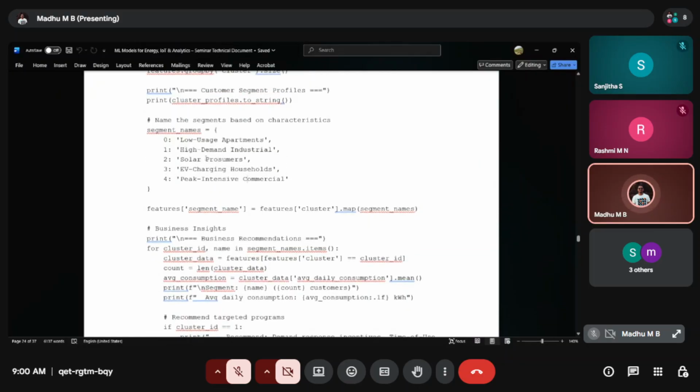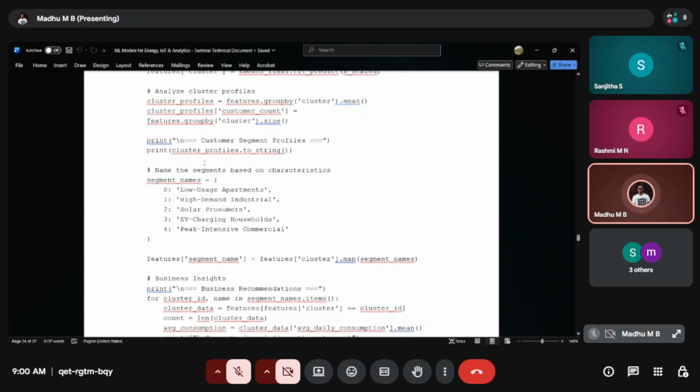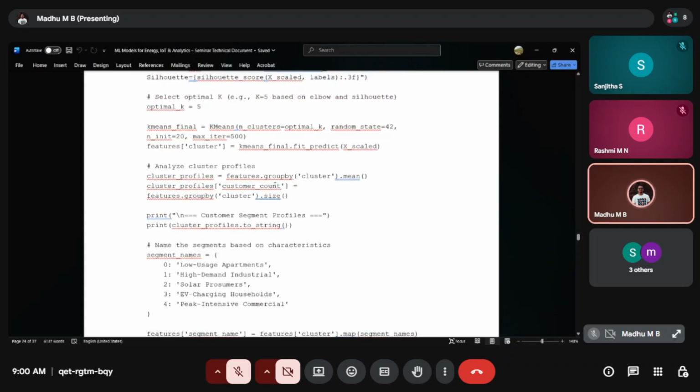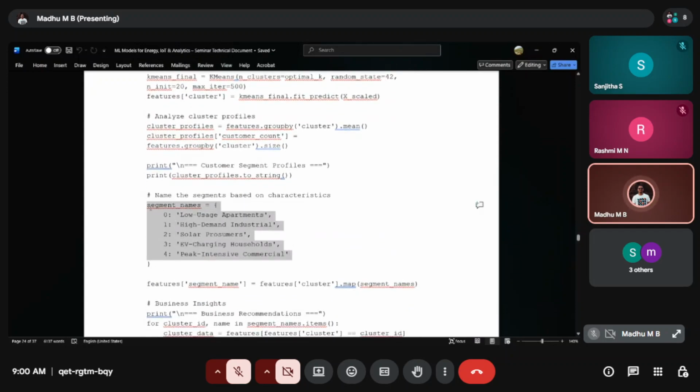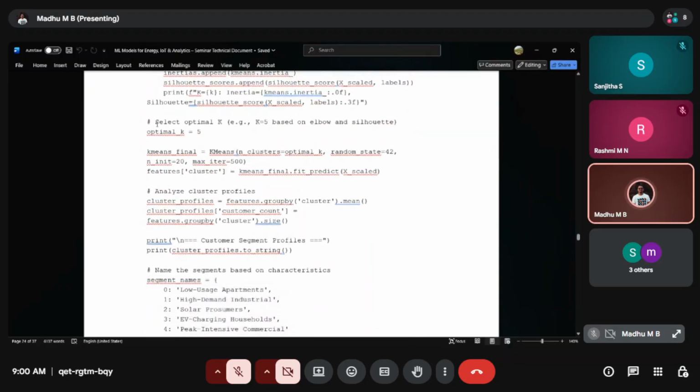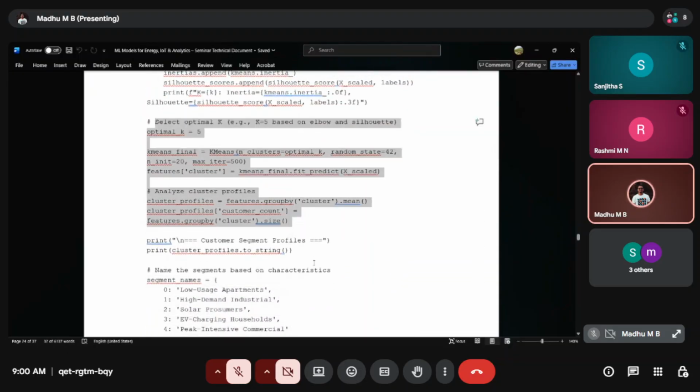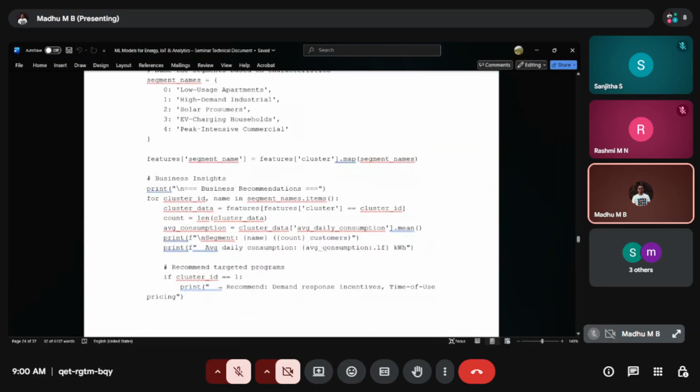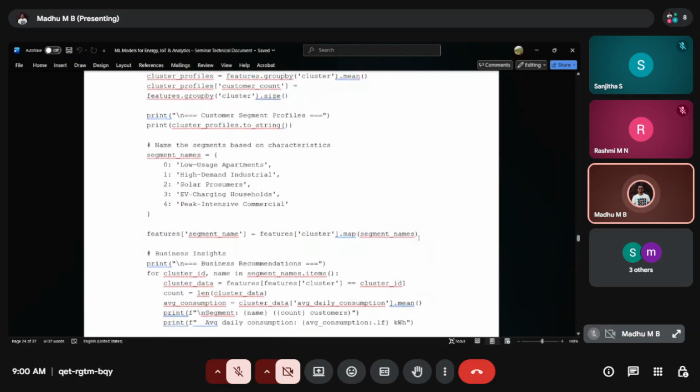So based on these tags, we will be categorizing. This will come from the algorithm which we have set in this specific section. Now again we are pulling the feature set and trying to map that to the specific segmentation.